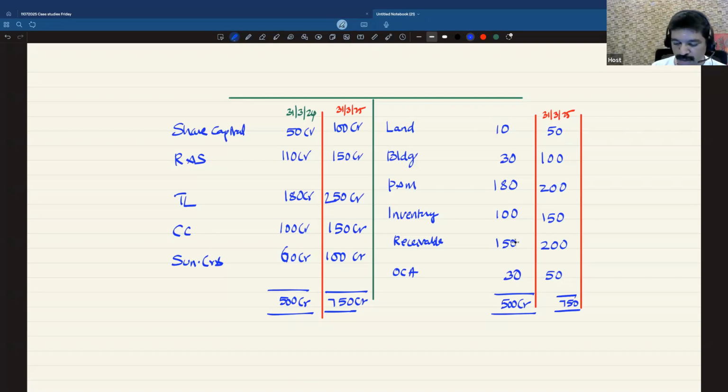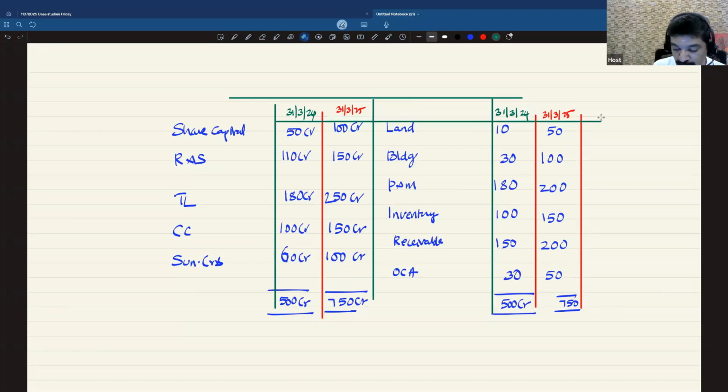Okay, now you have previous year information and current year information. You have 2 years information. Now with this 2 year information, you will be really able to understand what happened in this company in this 1 year period, how the funds have come and how those funds have been used. You will be able to understand by doing a simple comparison. How is that possible? Let's see.